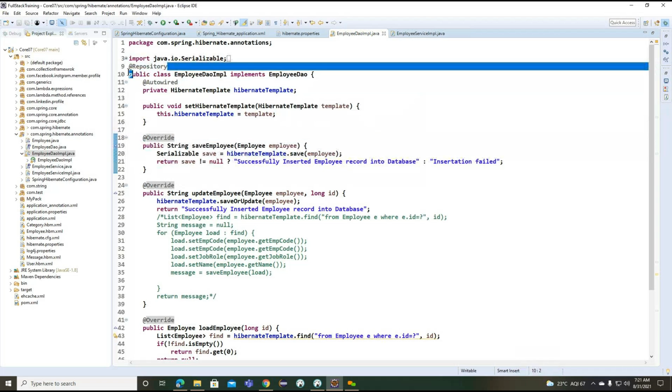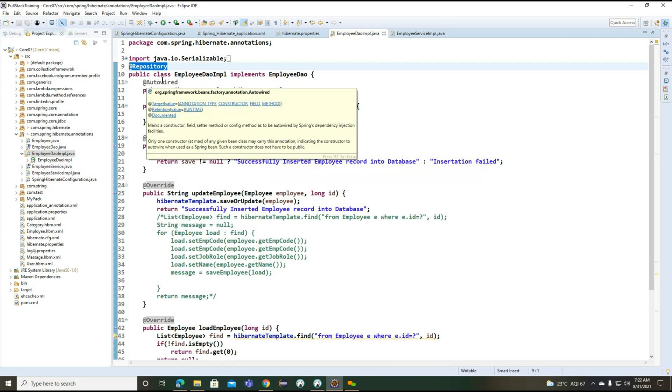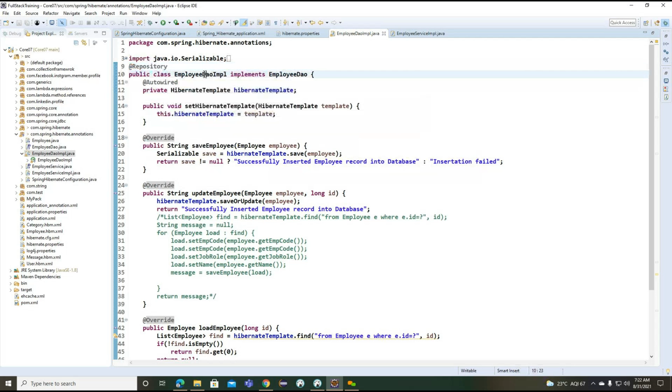If you observe, whenever we use the stereotype annotations, Service and Repository, these are the stereotype annotations. We discussed this in the last section of code. When we use these stereotype annotations, Spring is going to create an object of the particular classes based on the class name, but the first letter should be small.